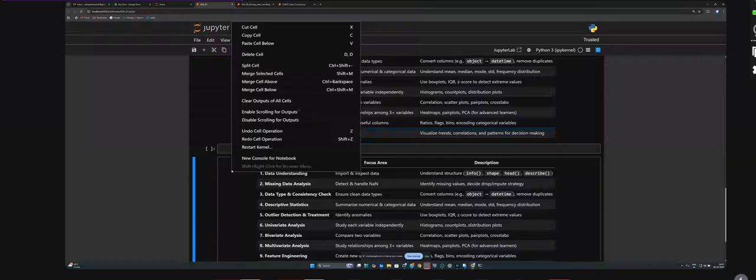So first thing first, this is one of the EDA steps. I think this is step 3. I'll write it down. EDA step 3: data type and consistency check. Now what is a data type and consistency check? If you have seen yesterday's class, we have